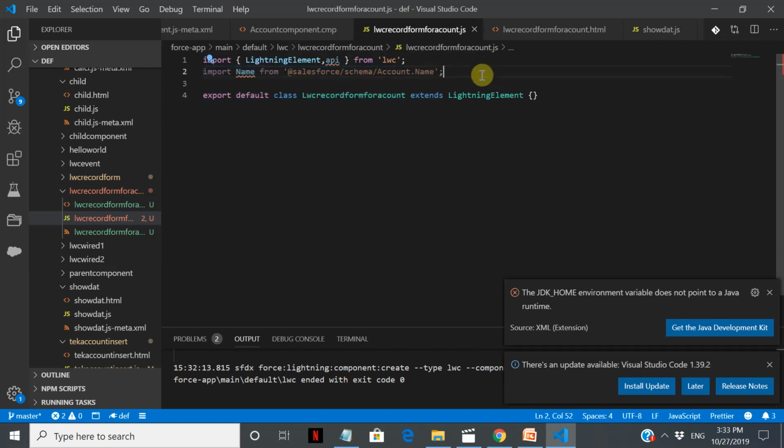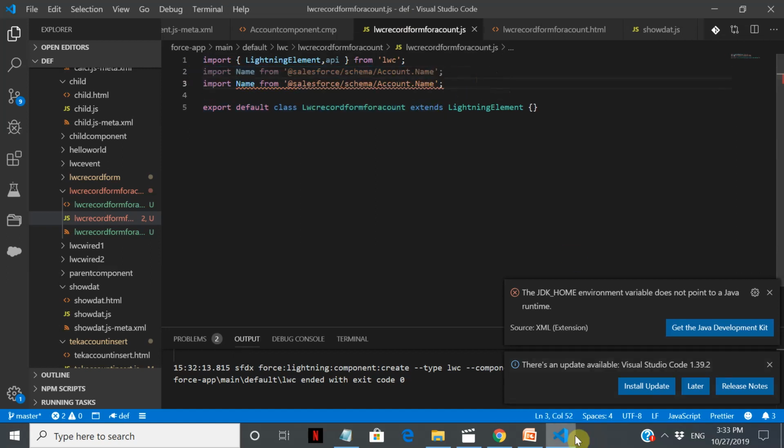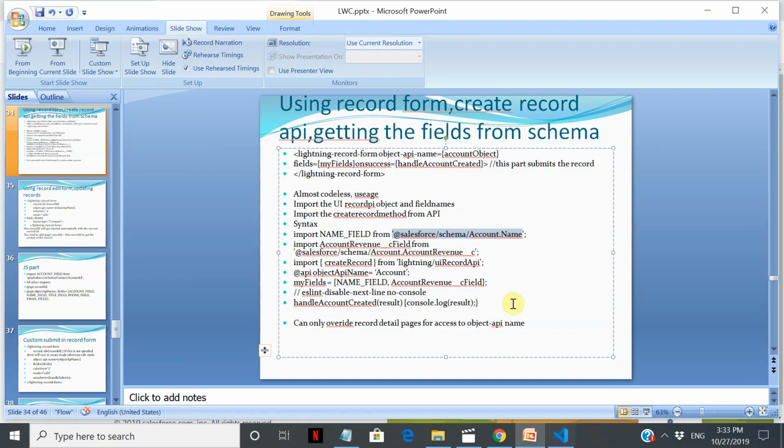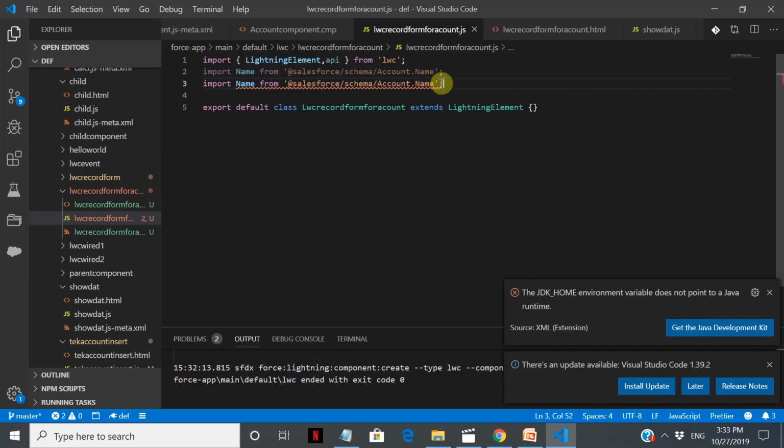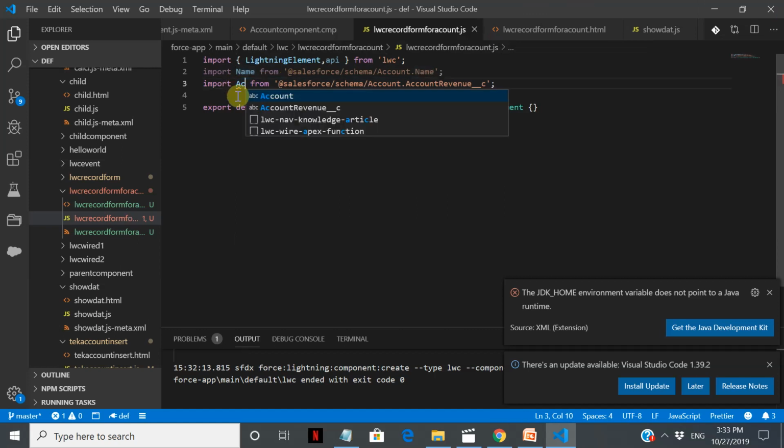Alright, so I select this one now. So I have this field with me and I need to change this to account revenue. This can have a separate name, it may not have the same name as just a variable name here. And now we need to build this class.